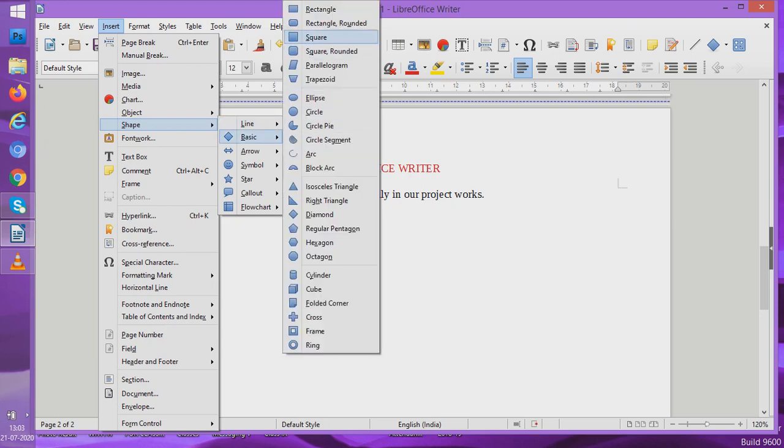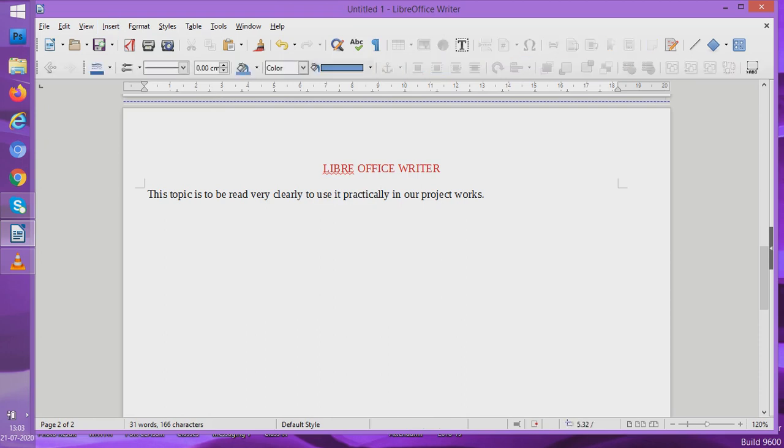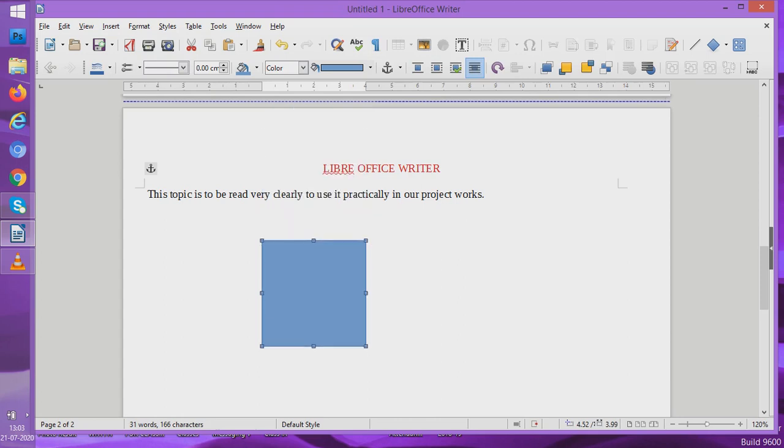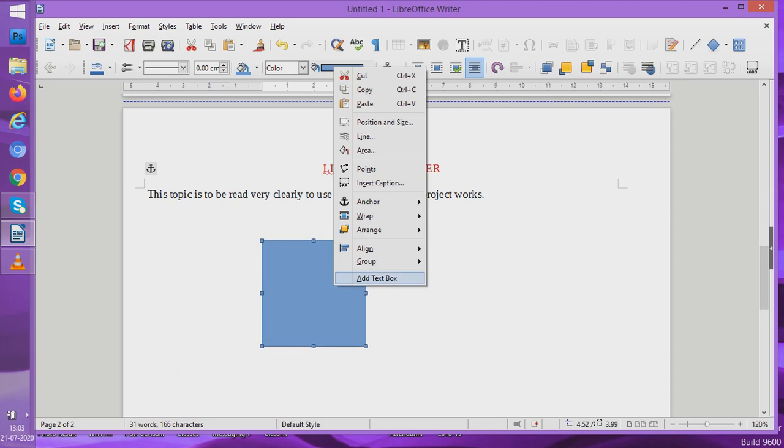You take one square here, you come and draw it using the mouse. Now it is coming here. You can put it down even, see, by arrows. You can move it through arrows. Now you can see the color is blue. You can change even the colors. So anything you want you can do with this shape now.